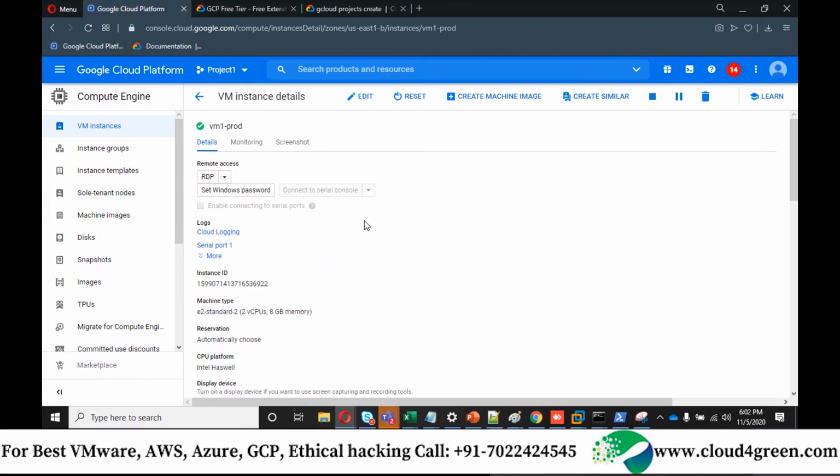You need to wait at least 3 minutes, because post VM deployment the mandatory services would take some time to load. Once your machine is deployed, you can click on your machine and it will navigate to the VM details page like this. So which size should we choose for boot disk? 50 GB? Let it be 50 GB, yes.